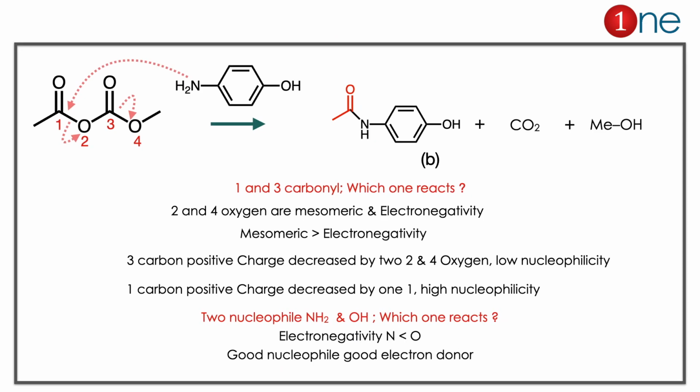Here you have 2 carbonyl centers which will be active. Here the third one is between the oxygens. Everybody thinks of electronegativity, but the mesomeric effect of oxygen is stronger than electronegativity because mesomeric is about full electron donation, electronegativity about partial withdrawal. So the first carbon is much more electrophilic than the third one because it will be affected by only the second oxygen. Next thing is whether amine or alcohol attacks the first carbon. Here the amine will attack. Why? Because the electronegativity of amine is less. It is a better Lewis base than alcohol. So the amine attacks, the leaving group leaves, so the final product you have is B there.